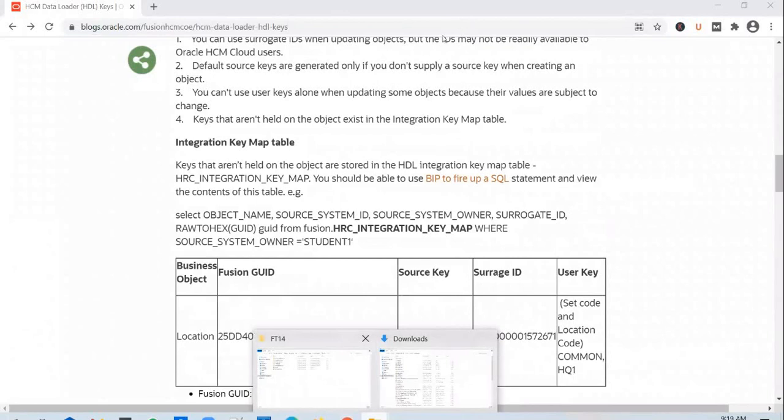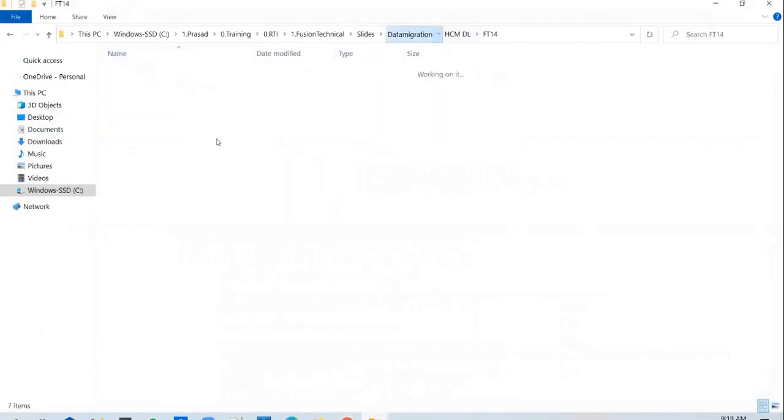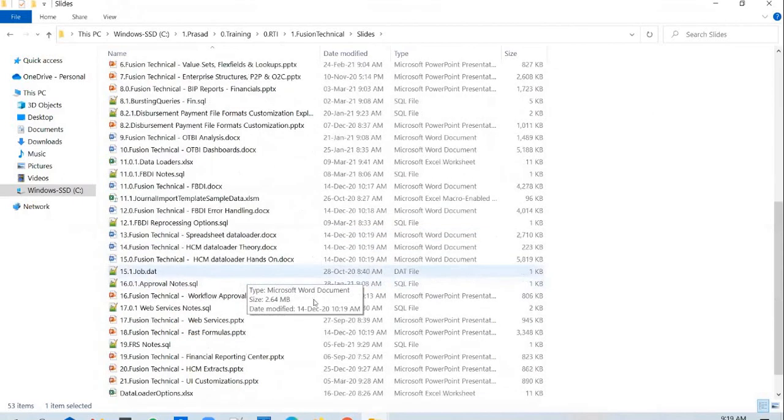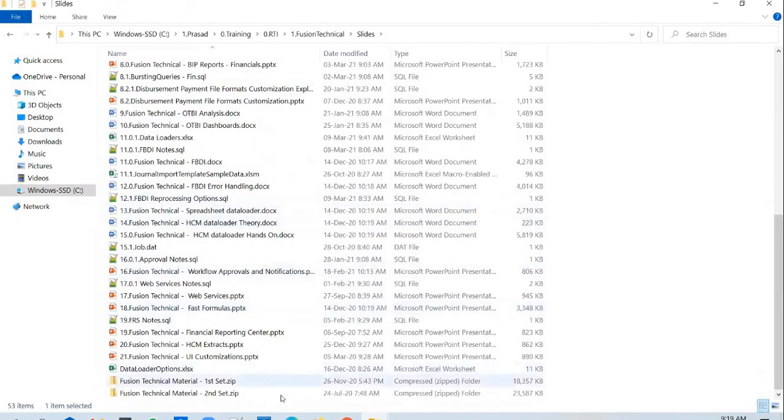And in the documents that we have shared earlier, I think we need to share the second set to your batch, right? You would not have received the second set of materials yet, or have you already received it? I think we did not. We did get it. Okay, you got it already. Okay, so in this set, you have the HCM data loader documents.